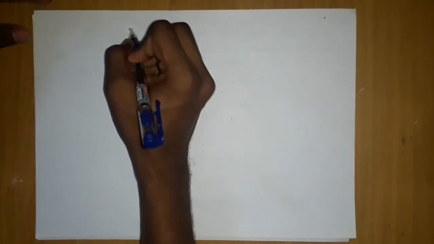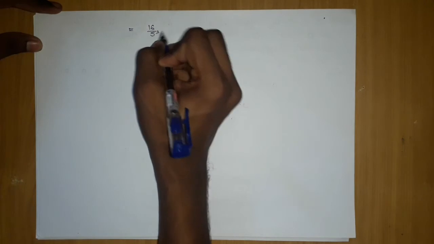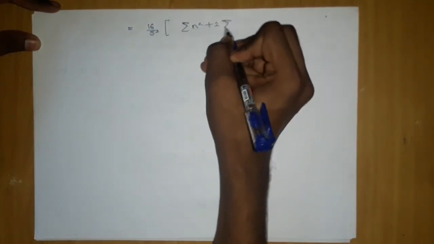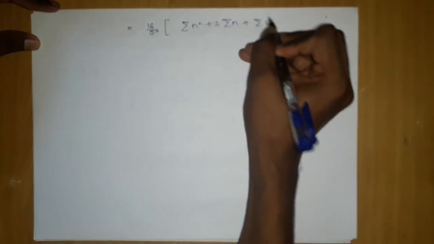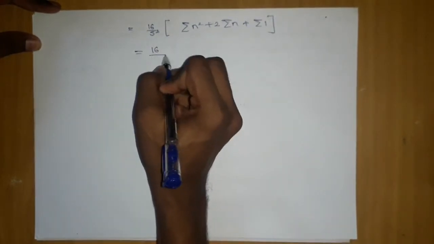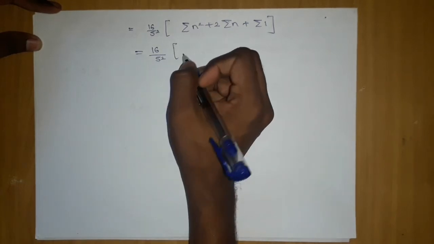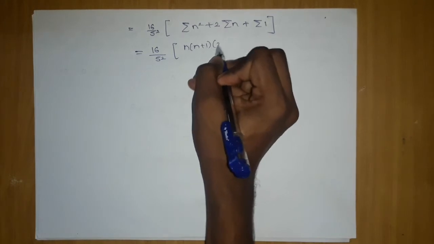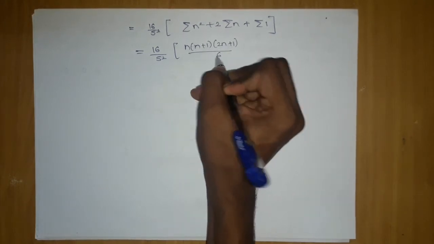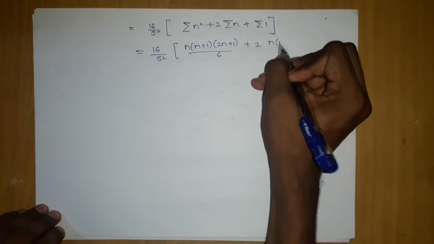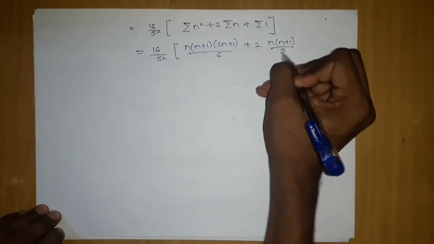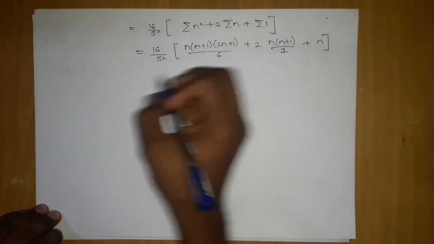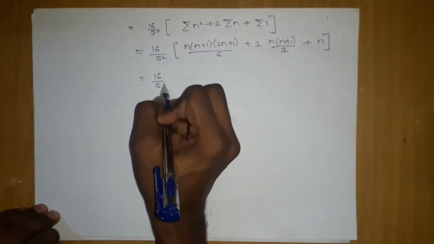is that the sigma will move inside and will give us summation n square plus 2 summation n plus summation 1. If we solve it further, the sum of squares of n natural numbers is nothing but n into n plus 1 into 2n plus 1 by 6, 2 into n into n plus 1 by 2 is the sum of n terms, and the sum of 1, n times, is nothing but n. If we simplify it further, we are left with